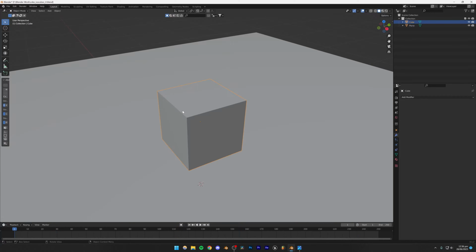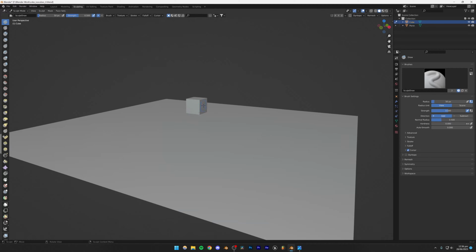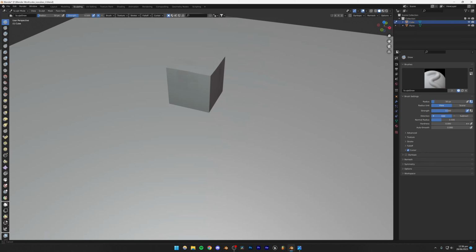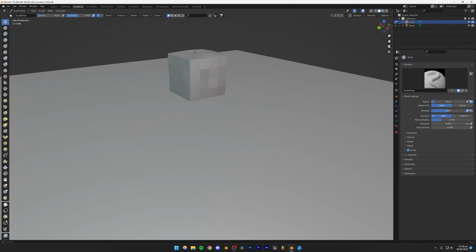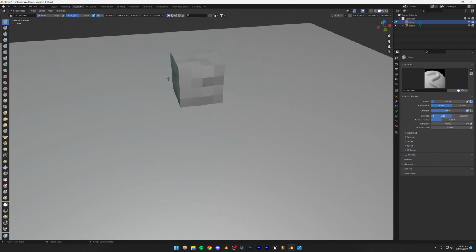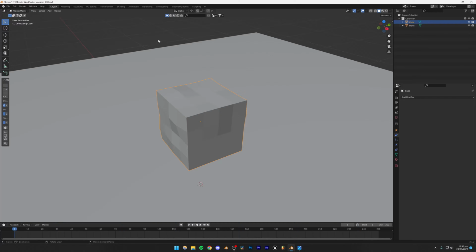Now, once we have some subdivisions, we can go to the sculpting tab and sculpt this out, something like that. And we can make a whole ice cube out of this, a realistic looking ice cube. Now, obviously we're going to need some more segments. However, the easier way of doing all this is what you can simply do instead,